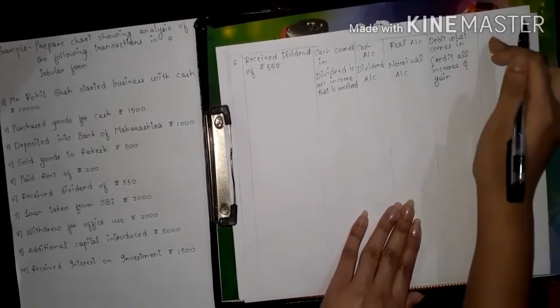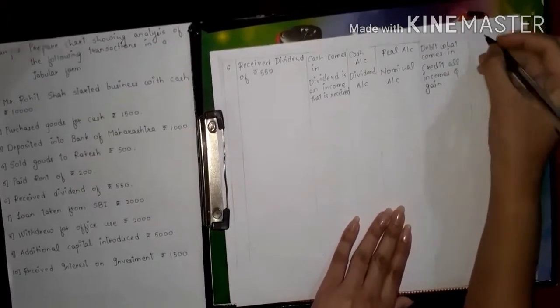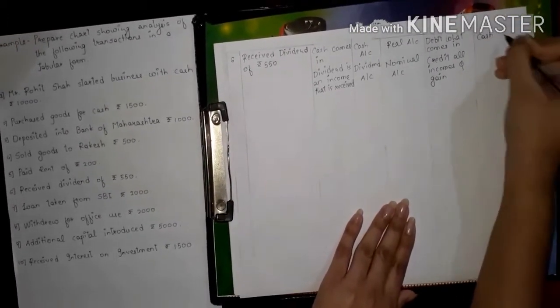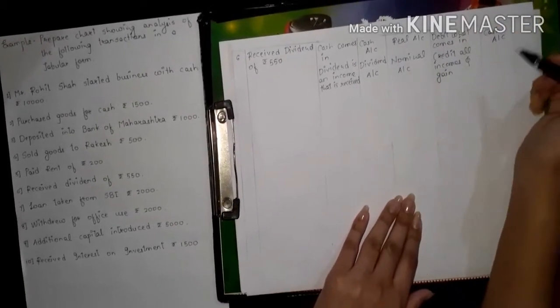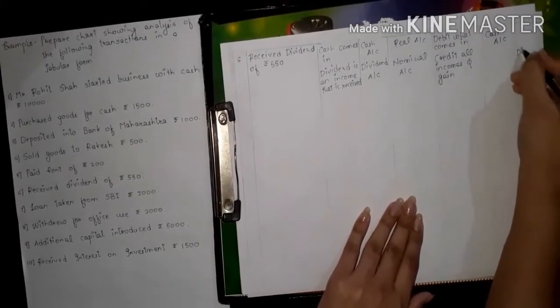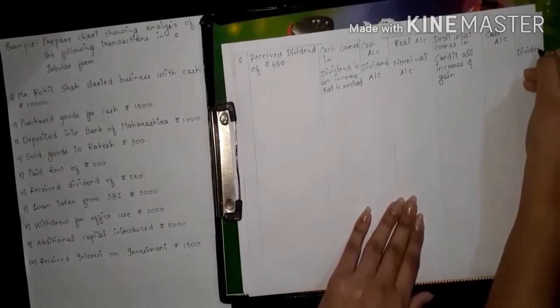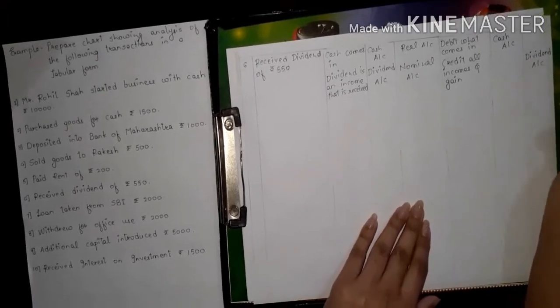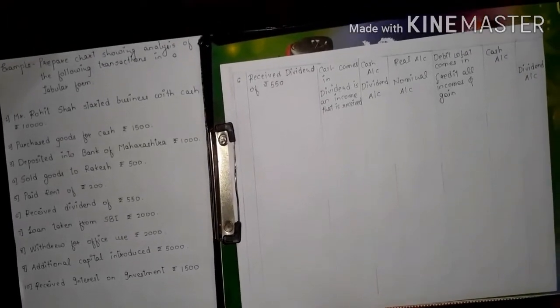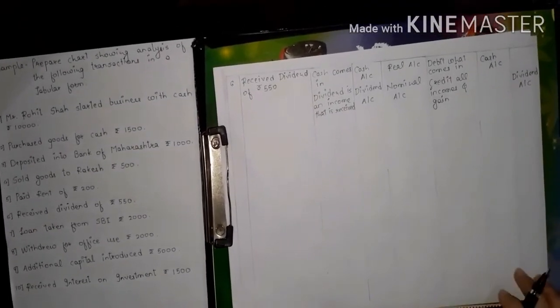Now account to be debited, first is cash account as it has been received, and credited will be dividend account because we have received dividend. This is our income, so credit will be the dividend. Now next transaction,